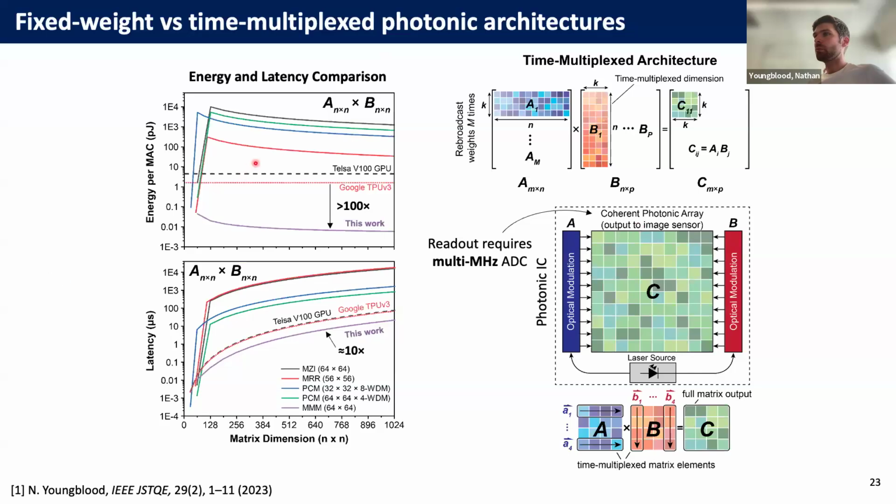So using this type of approach, theoretically, we can achieve much better energy efficiency per multiply accumulate compared to weight stationary architectures, where the weights are programmed and reprogrammed based on the size of the matrix. So if everything fits within the size of the matrix, if you're only doing very small matrices, 64 by 64, then you have a benefit in terms of latency, and somewhat in terms of energy, for doing everything in